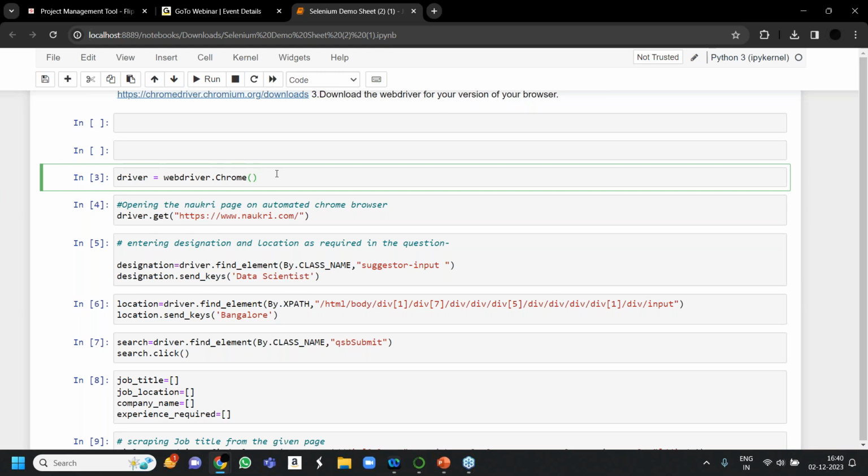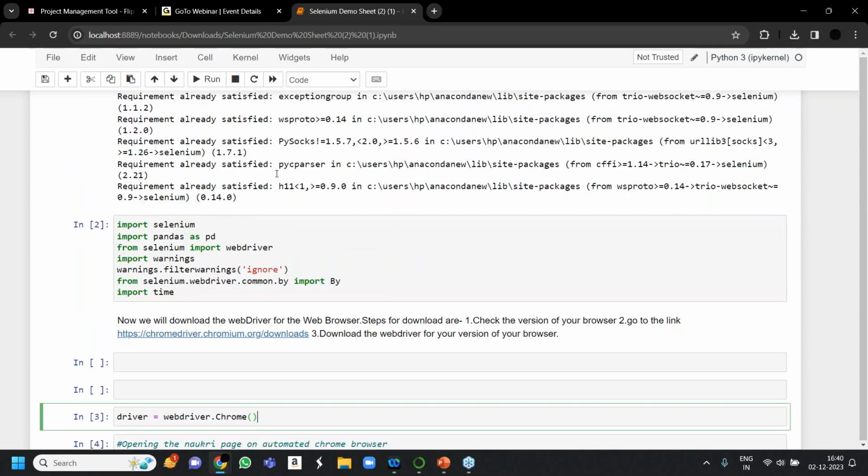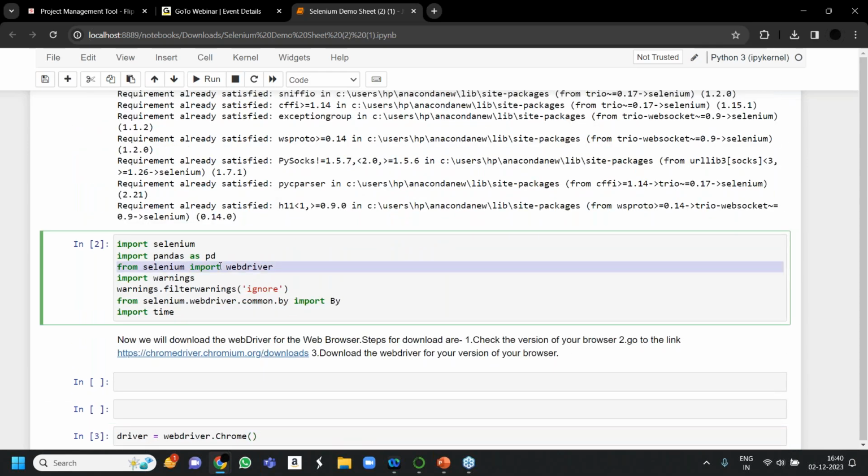Okay, one more thing, web browser doesn't have a web driver. Understand one thing. Web driver is a different thing, web browser is a different thing. Web driver is the connecting medium, you can think of it like that. So it is not pre-installed anywhere. That's why I have written this code. Otherwise, why would I write this code?